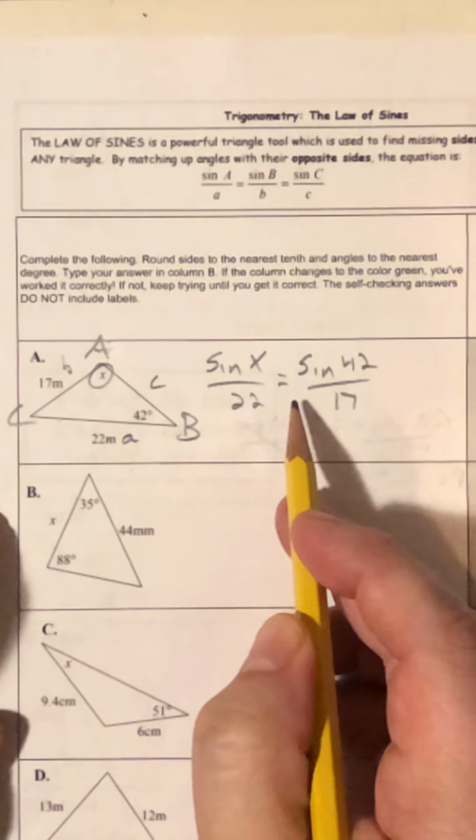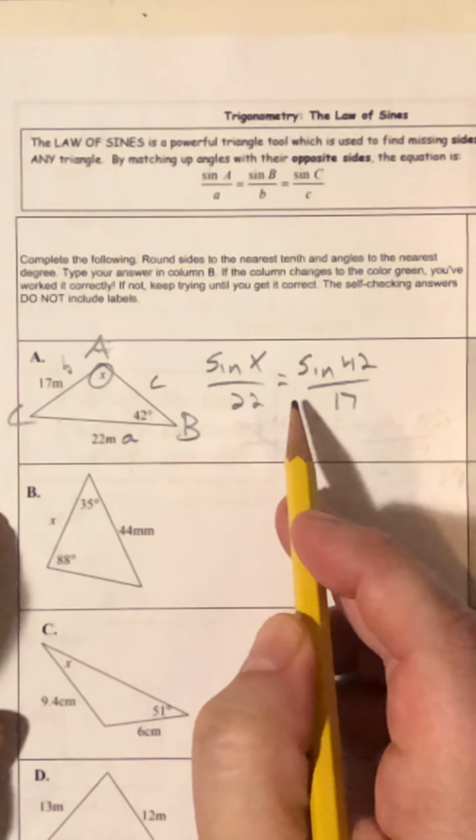And remember on these, we don't want to round until we absolutely have to. So I'm going to divide both sides by 17, and that's going to give me sine of x equals sine of 42 times 22 divided by 17. So if I use my calculator here,